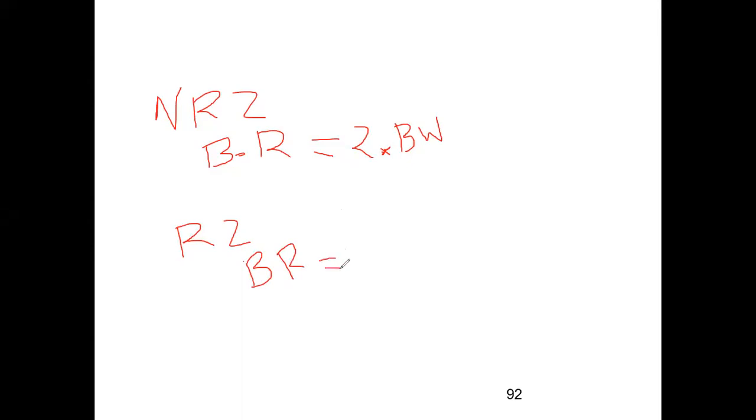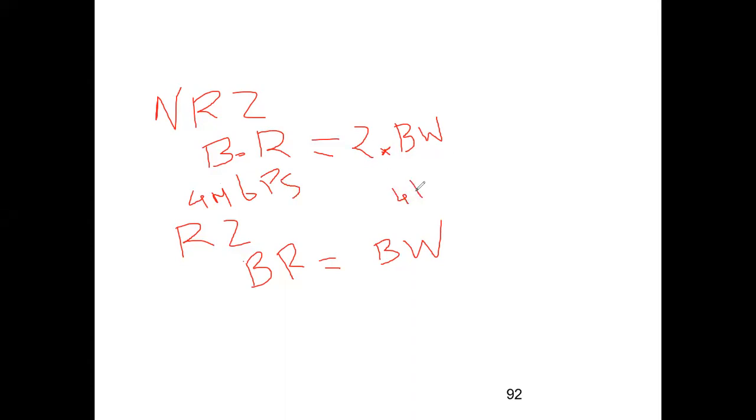So this formula you have to remember. This is not given in the book because this is the basic prerequisite which you are supposed to know. The book has directly dealt with NRZ data, RZ data, Gaussian shaped pulse, but I am giving you the background. So bit rate is equal to 2 times the bandwidth if I have NRZ data transmitted, and bit rate is equal to bandwidth when I have RZ data transmitted. So if the bit rate is 4 Mbps, megabits per second, don't go for converting all these things directly. Bandwidth will be 4 megahertz.